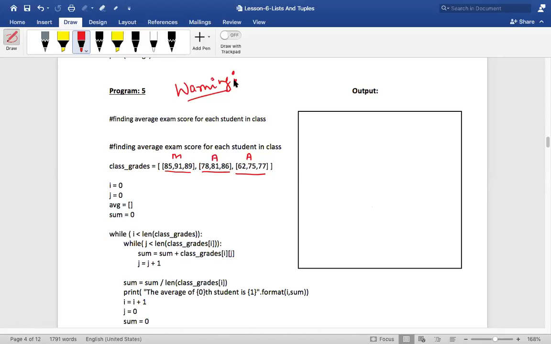Will you accept whatever your brain says? Will you listen to your brain? I'm telling you with my experience, that is what your brain will say. Oh, it is very difficult, let me not do it. And slowly on the left hand side there would be a small pain. Initially when you start coding, there will be a pain at this part, and you will feel like, let me quit coding. Don't do that. That is the biggest mistake. That pain is normal. Everybody has to go through that pain. Only then will you be able to learn anything.